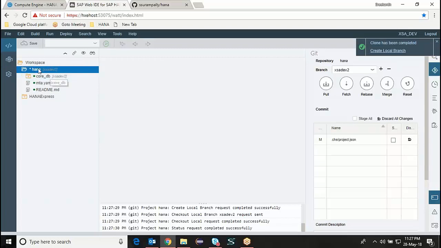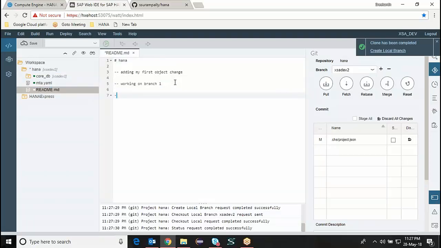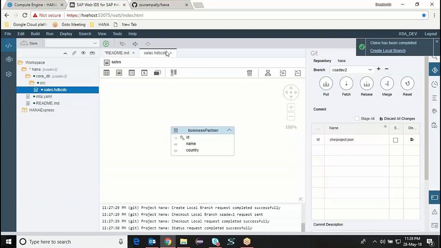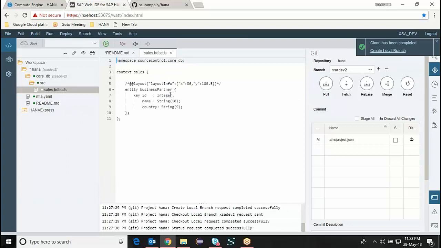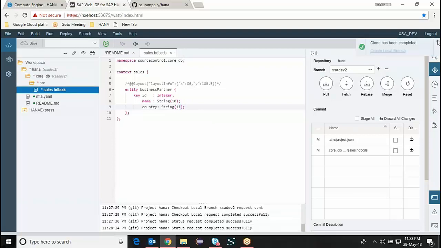A local branch has been created now. Then I can start making some more changes to it. So I'm going to add some more text: "Working on branch 2." I can also make a change to the artifact. Sorry, I'm going to use a text editor or code editor for this one. I'm going to have it as 11 now and save it. Now I'm going to make these changes saved,